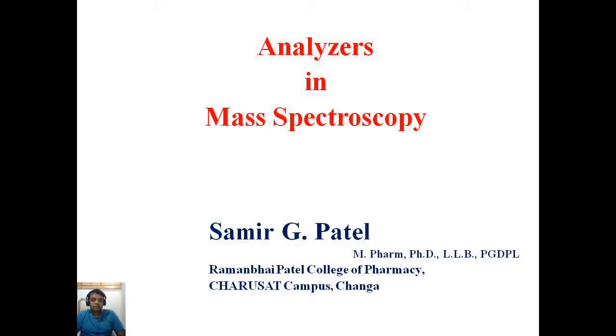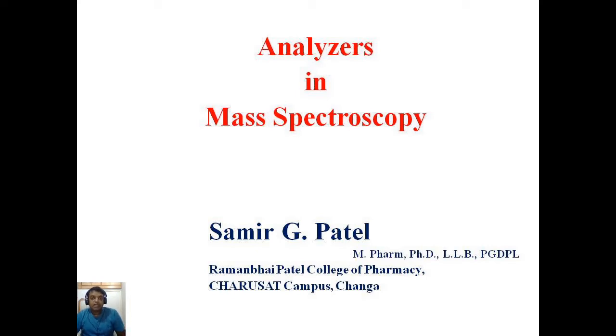Good morning, students. In the last lecture, we were discussing the ionization of molecules and how ionization takes place, whether the sample is available in solid, liquid, or vapor form. We also discussed the formation of cations, anions, radicals, and radical cations, as well as how to form the m/z, the mass upon charge ratio, of particular molecules at the time of fragmentation pattern, which generally converts from parent ion to daughter and fragment ions.